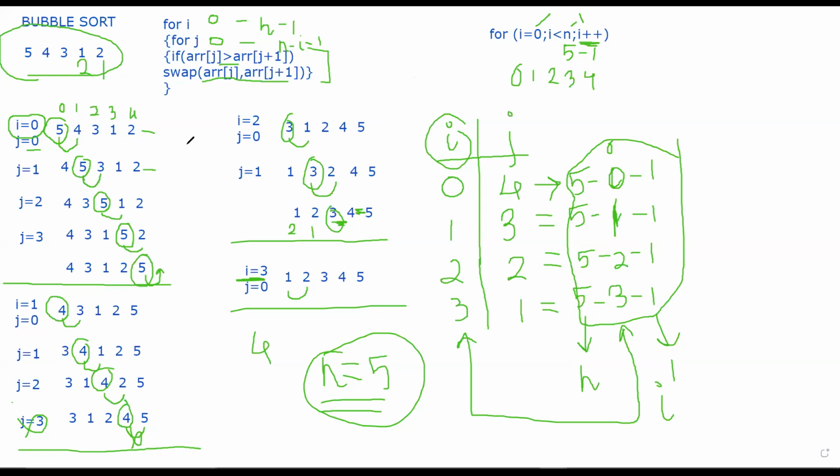Even if you write this sorting diagrammatically and correctly, if that question is for 5 marks, 10 marks, whatever the marks, you'll get full marks. No need to write a single line if this sorting is correct. Just do it like this. The values of i and j should be proper, and this should be sorted properly. You'll get full marks. Just focus on this. Don't focus on code right now.